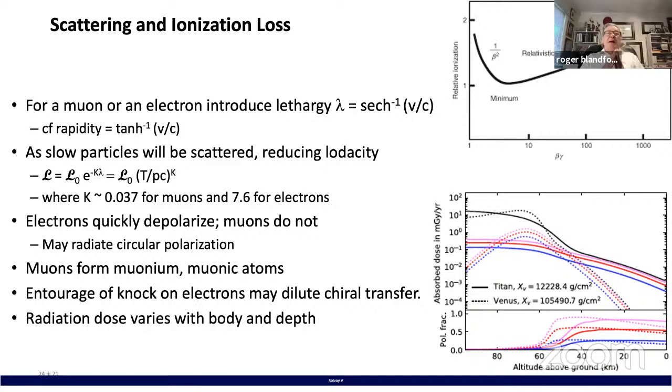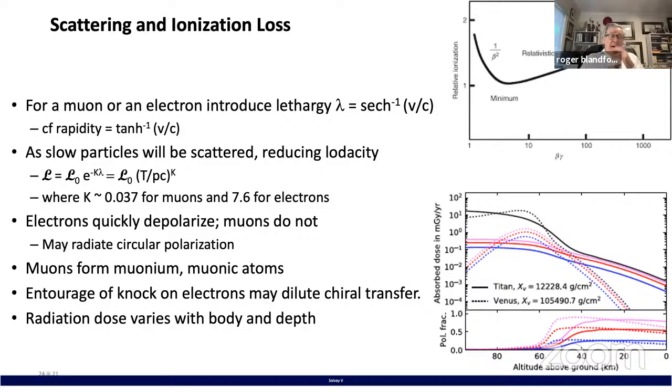But if you're talking about the muons, and these are the ones that are able to slow down from relativistic energies to very slow energies, then when they get to very low energy, if they're positive muons, remember the two charges, they'll form muonium. If they're negative muons, then they'll form atoms where they kick out an electron and replace it like a cuckoo with the muon. And that may be where the chirality connection to the prebiotic molecule is actually